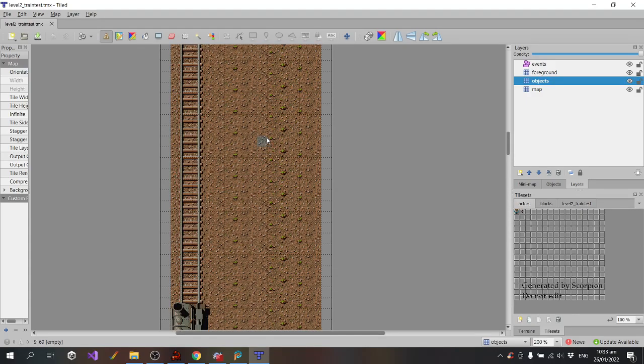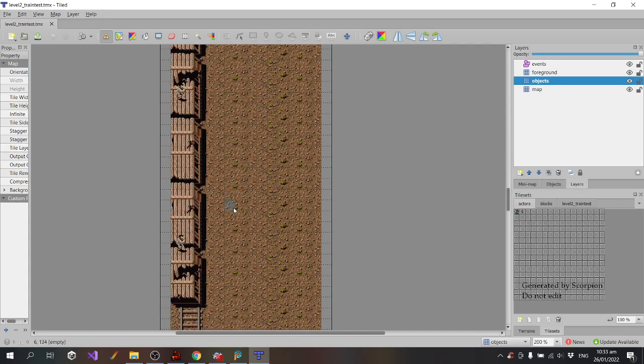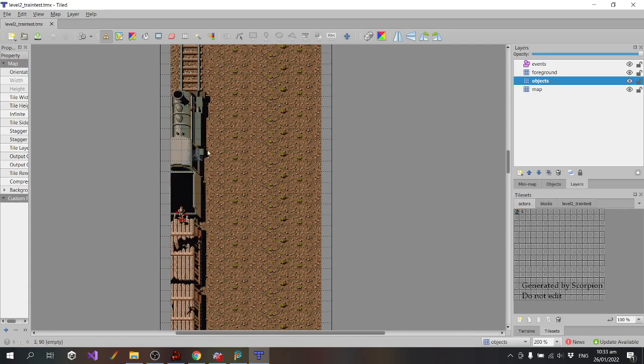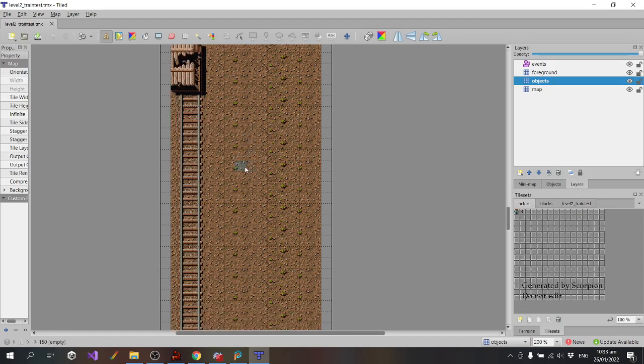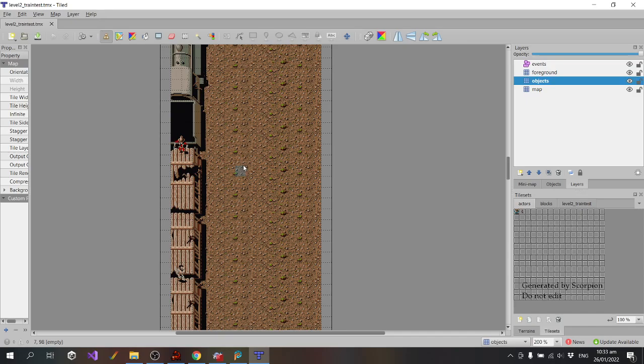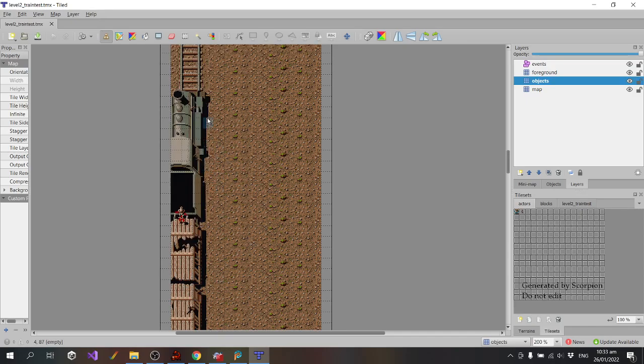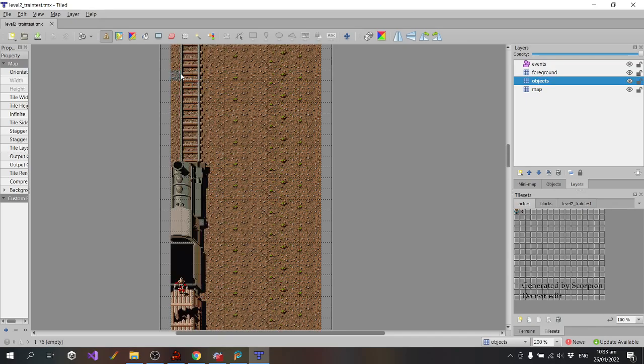It gives the impression that there's this big, massive sprite going past the screen when it's not. It's really just part of the level. You can see the foliage is repeated every two tiles, so that gives it the effect that it's going past rather than the whole map scrolling down.